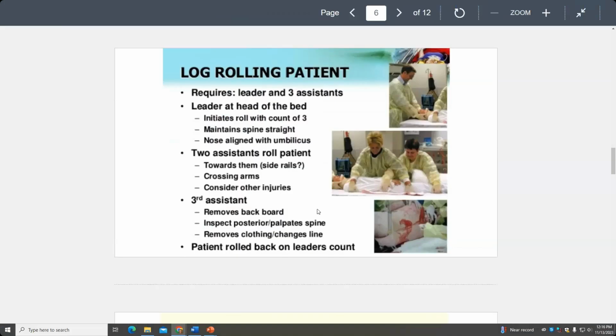It does involve 2 people to turn, 1 person to be on the head. The minimum is 3, and more than that is helpful. But basically what they are doing, we could bring people up to the front of the room and roll them. We've done this multiple ways before. I can bring the mannequin in and roll them if you want to practice, or we can go down to the lab after class if you want to practice log rolling. But what someone is going to do is either you have them in the collar and you leave them in the collar. But if you are taking their collar off, which you can do, you have to keep the head